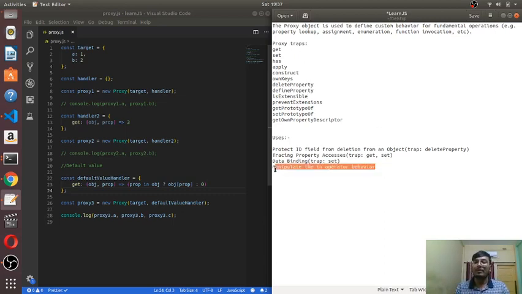We can also manipulate the in operator behavior, as we did here with prop in object. Other than that we have tracing property accesses, the get trap. I showed you the get part. You can work on set and all other things, and it is also used for data binding. And the most important thing of all is why it was first introduced in JavaScript.